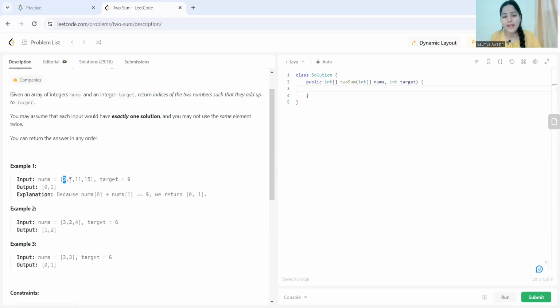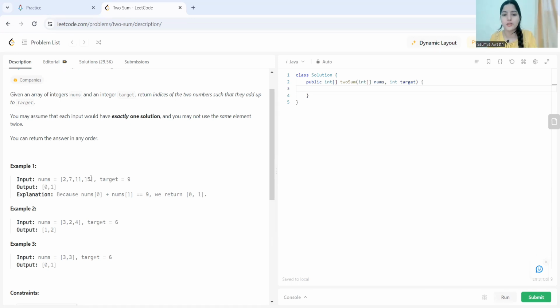And if at any case nums[i] plus nums[j] is equal to the target, we are going to return i, j. i, j is nothing but the indexes. i belongs to our main element which we have chosen, and j to the one we have got from the inner loop, right? So like this we will continue. We'll be having two loops, outer loop and inner loop, right?